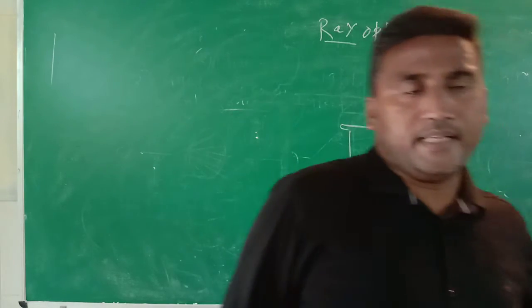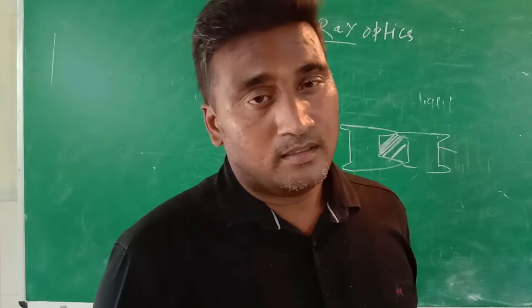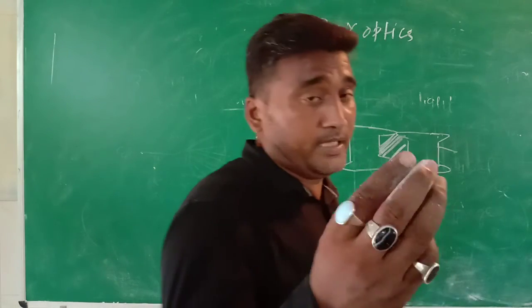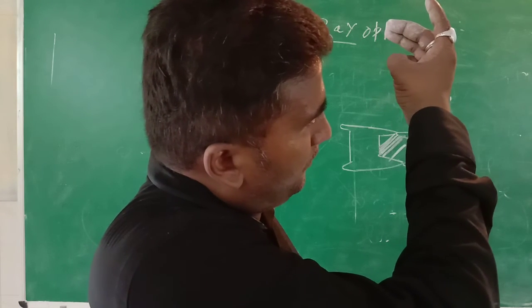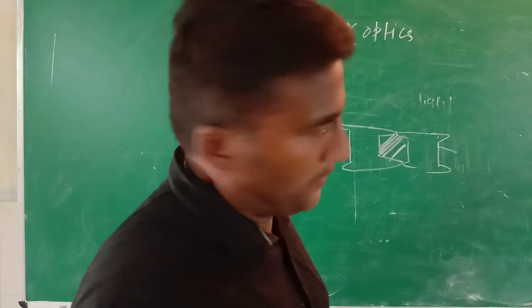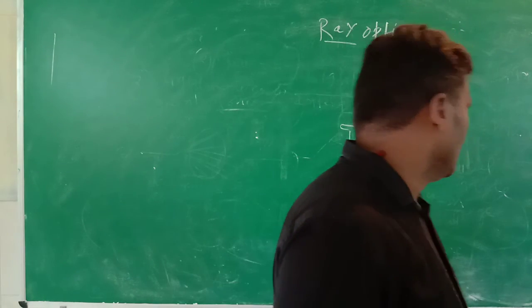When we observe a bulb or candle, or see an object between our fingers, we observe that the light of the bulb is bent at the sharp edges. It is also known as diffraction.